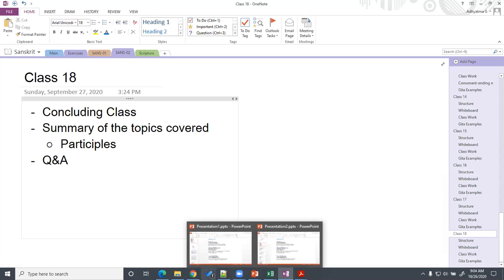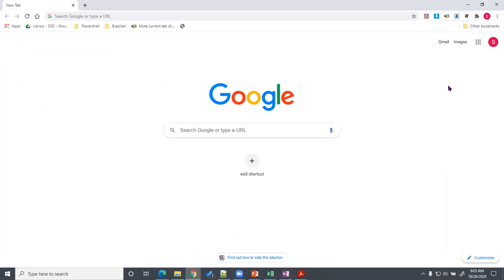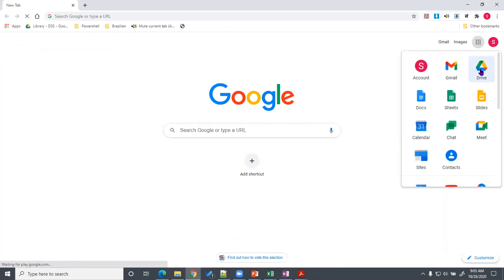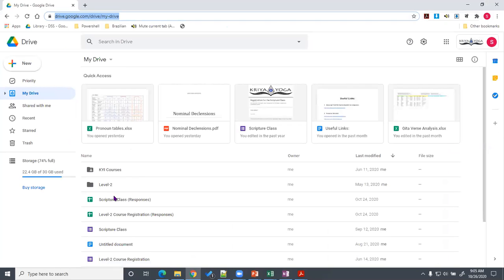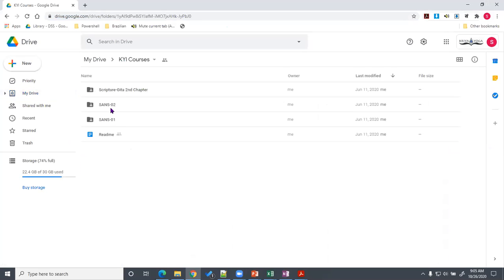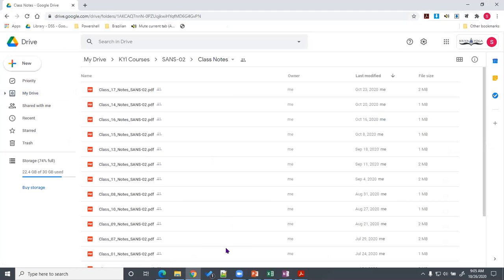So if you go to the summary for the class, the best way I would probably go for about the summary is to just go to the repository and look at the class notes. So class notes are done pretty wonderfully well, and if we go with the class notes, then you will automatically see the topics which are to be covered.